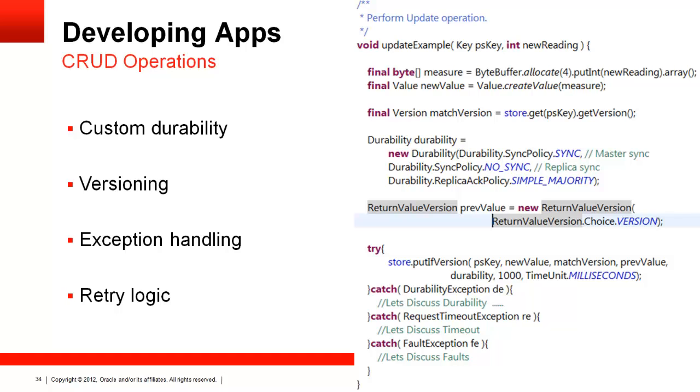So here we're saying that for my master, I want to set a sync policy of sync, so I must write to the master. But on my replicas, I'm saying I don't need to sync those. So as long as I've written it out to the master, I'm going to assume that the system will handle the replicas, and I want to return. And then on the acknowledgement policy, I'm saying, give me a simple majority. As long as